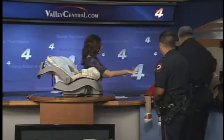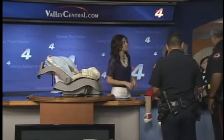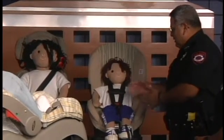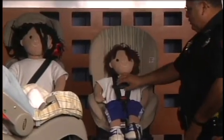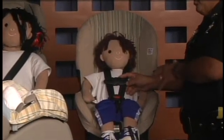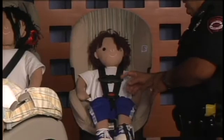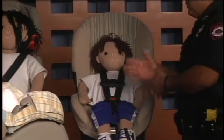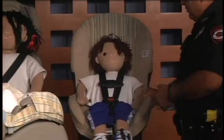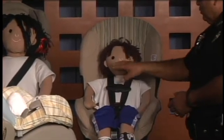Let's go ahead and head over here and talk about these. This one here is one that we call a convertible. It starts out rearward facing, and then after a certain weight, you'll turn it forward facing. That's one of the other things we want to point out. One of the misuses is that you must use the car seat in accordance with the manufacturer's instructions. If it says rearward facing up to 35 pounds, leave that child rearward facing up to 35 pounds, and then turn it around to forward facing as it is here, and this will hold the child up to 50